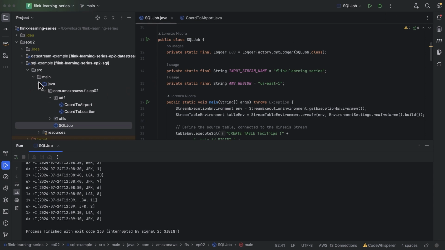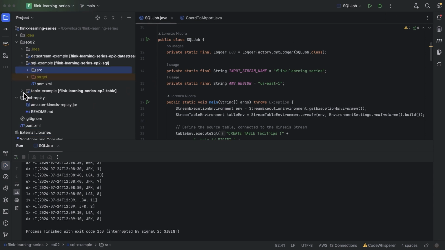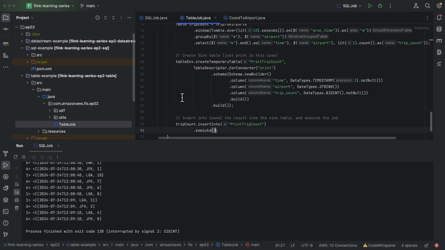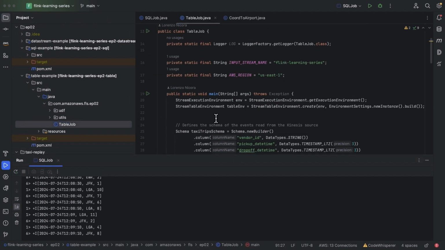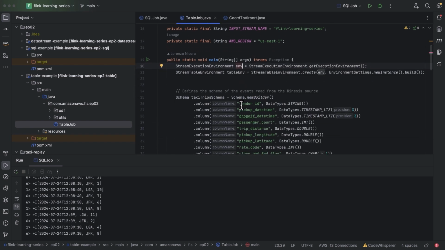Now let's look at the Table API. Same as before, as we're using an abstraction of tables, we are creating that table environment from the stream execution environment. And again, we have our source table, we have a sink table, and we're going to show the transformations that we can do along the way.